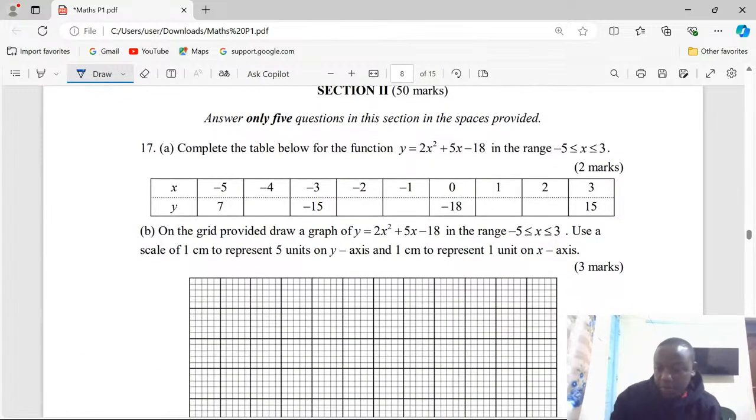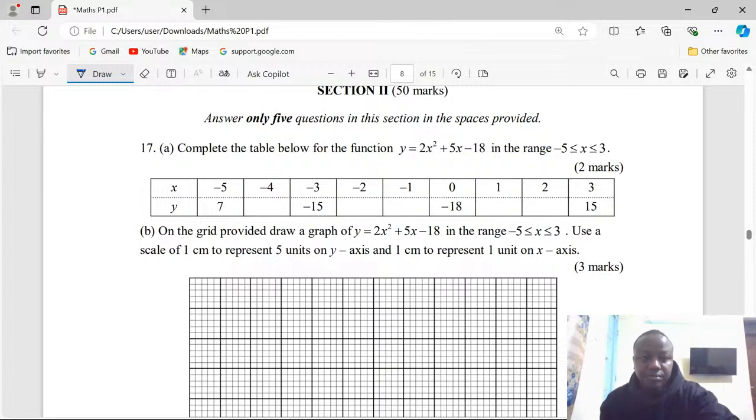Now we continue. We can be faster now. This is a section 2 question. Complete the table below for the function y equals 2x squared plus 5x minus 18 in the range